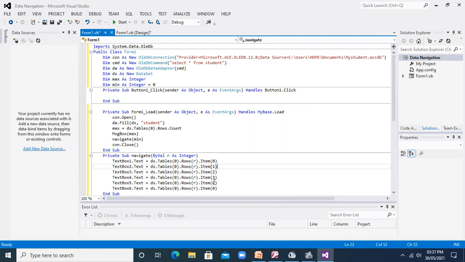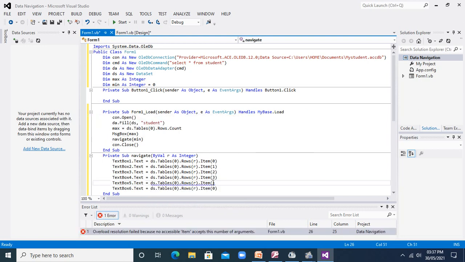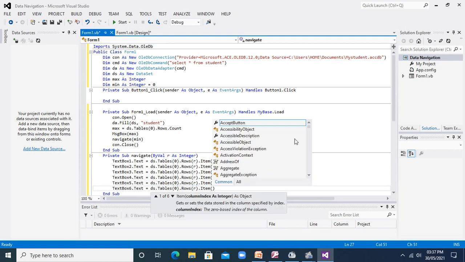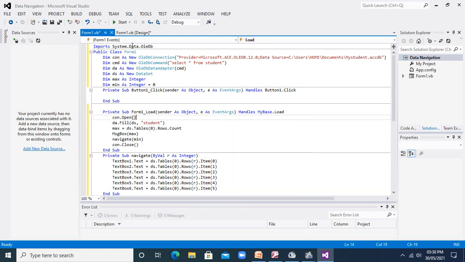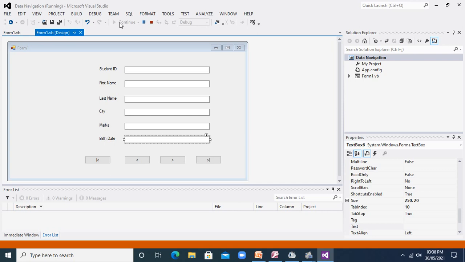Our rows and columns will start from 0. So here it will be 4, and last it will be 5. Now we'll see how it is displaying.